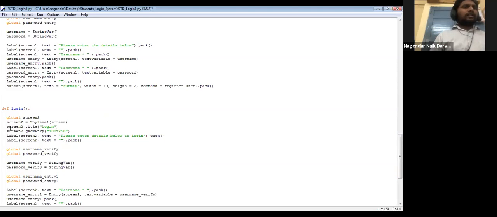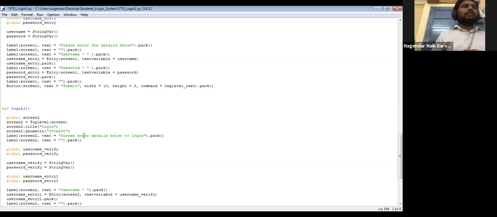So here we define the screen, and the size with geometry, and the text which needs to be shown on that screen. And here title and text are different. Title is what is shown at the left side corner of the window, on the border. And text is what you can see here on the screen, in between on top, this label text actually.